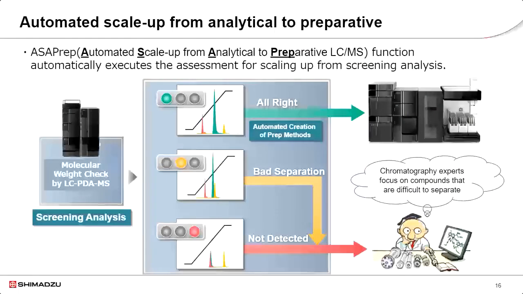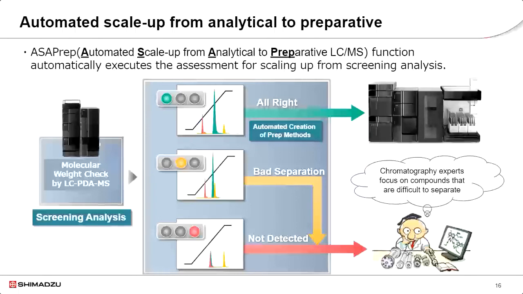The automated scale-up feature for analysis and purification, which we call ASAPrep, assists in the optimization and automation of scale-up methods from analytical conditions to purification conditions. During screening analysis, multiple analytical conditions are tested simultaneously to explore optimal separation conditions. For example, samples can be analyzed under acidic and basic mobile phase conditions to determine which setting is more suitable